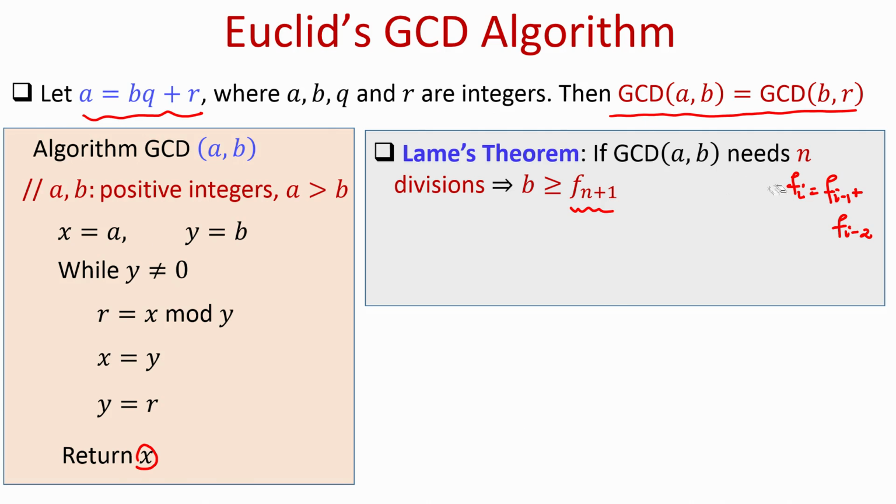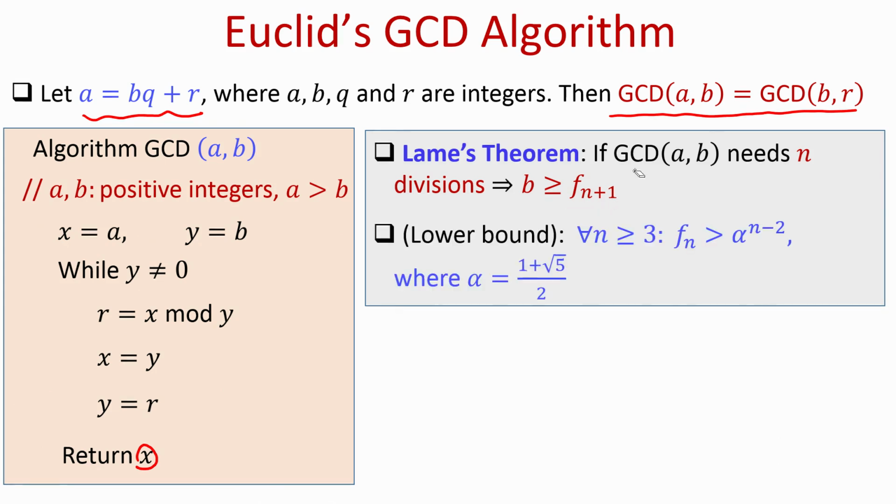So, what Lamé's theorem basically says is that if Euclid's GCD algorithm performs n number of divisions, then the magnitude of B will be at least as large as the n plus 1th Fibonacci number. There also exist well-known lower bounds on the value of the nth Fibonacci number. The lower bound says that for every n the value of the nth Fibonacci number is at least alpha to the power n minus 2, where alpha is also called the golden ratio, namely